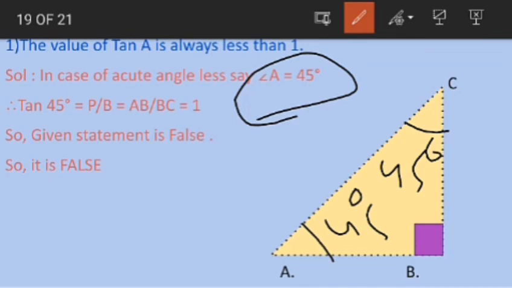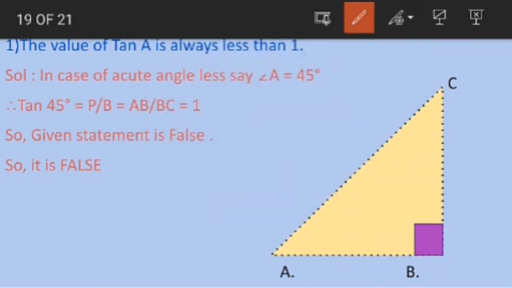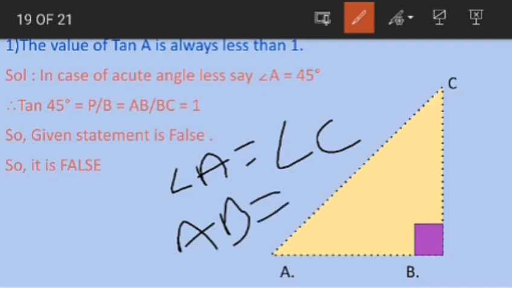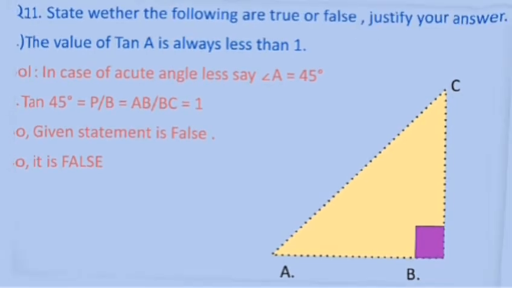When you have taken both angles as 45 degrees, then the side opposite to angle C is AB, and the side opposite to angle A will be equal, as we have done in the previous question number 6: whenever angle A equals angle C, the side AB equals BC. Okay class, when two angles are the same, always remember that in the case of 45 degrees,